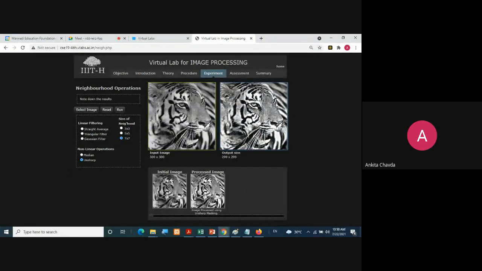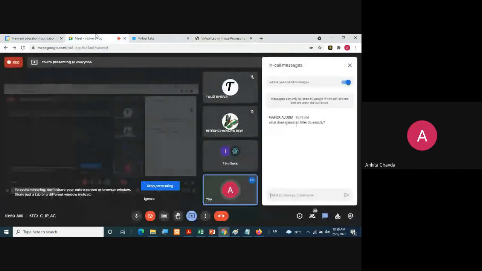Very good results. The image is more sharp. Yes, somebody was saying contrast, not more sharpened features, you can say.